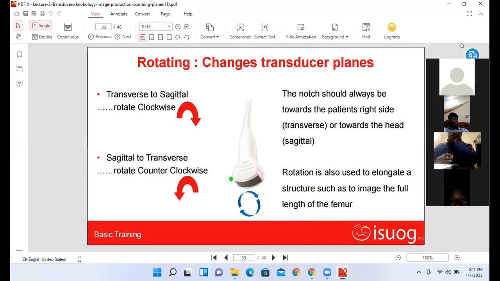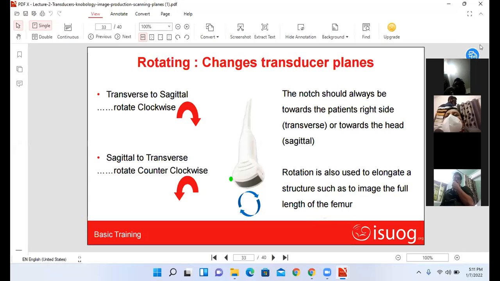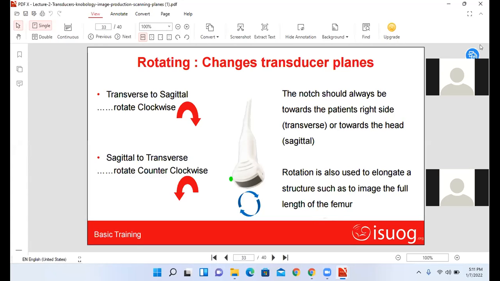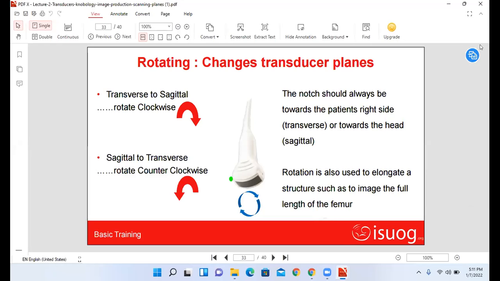What we do is, during scanning, the object of our scanning should be in the middle of the screen, not on the side of the screen. Let us say if we are to do CRL, the reason is that we are using a curvilinear probe, the central beam is at 90 degrees and axial resolution is best at 90 degrees, and therefore we will see the returning waves coming at 90 degrees. So always the object of our interest has to be in the middle of the screen. Take care about that, I mean, that's an important point. Next slide, please.